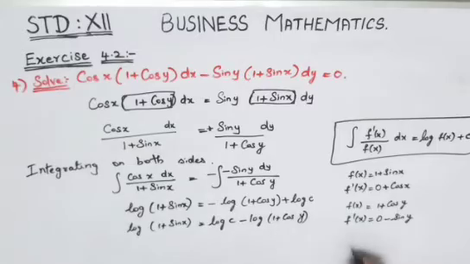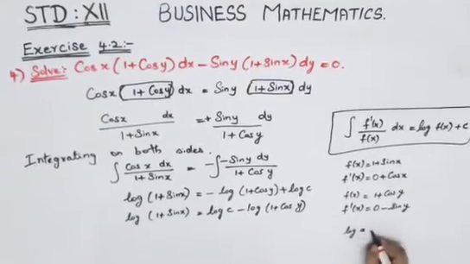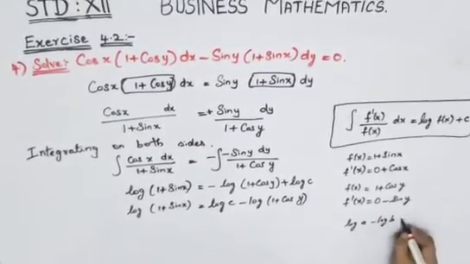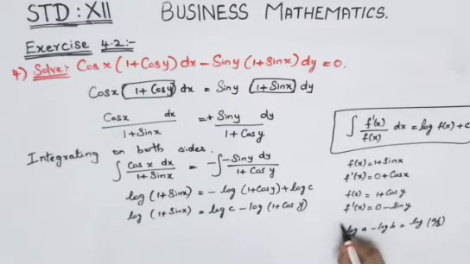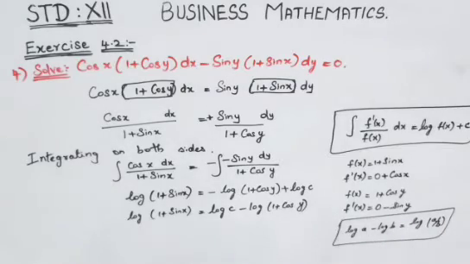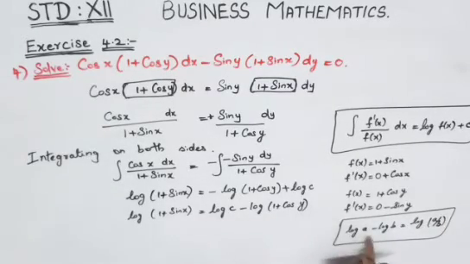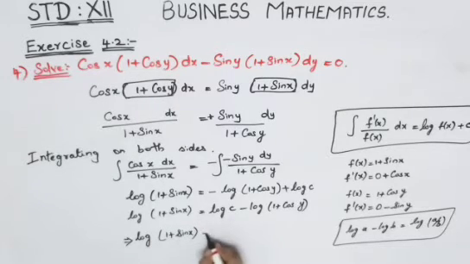So now in log form, log A minus log B is equal to log A by B. So this is the formula for log A minus log B. We have got the same format here. In the place of A we have got C, but in the place of B we have got 1 plus cos y. So just substitute it here. Your left hand side will be there as it is, log 1 plus sin x is equal to log, instead of A you will have to write C divided by, for B you will have to write 1 plus cos y.